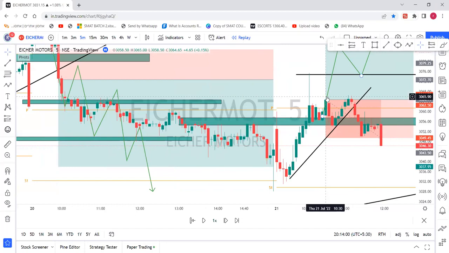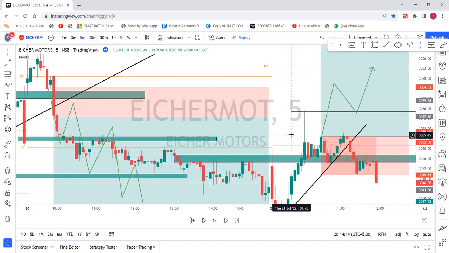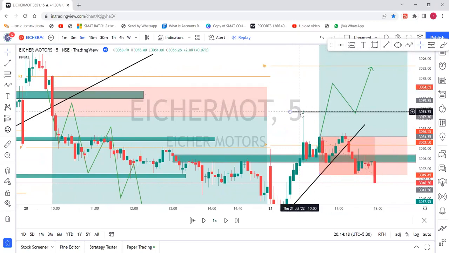So what went wrong? The only thing which went wrong was this candle formation. Otherwise, I would have perfectly gone for the trade. This trade was completely good for me. The only thing which went wrong, and that's the reason I had told you, as soon as the candle closes above, we can expect a good movement. But this candle,